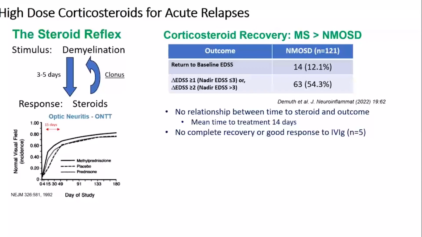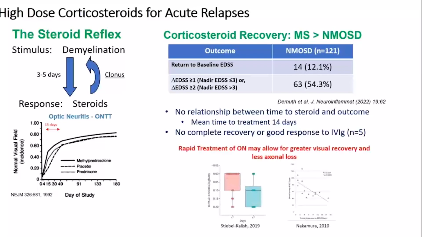But no matter how fast we give steroids, we don't get you back to the same place. Steroids get you back faster, but no one's proven that they're getting you back to roughly the same baseline. But we know from treating optic neuritis that perhaps the faster we give you steroids, the better we can do. So we're thinking that we need to do clinical trials in both disorders to show if we're really rapid about giving steroids, that perhaps we could make a difference both in visual function, as shown here for optic